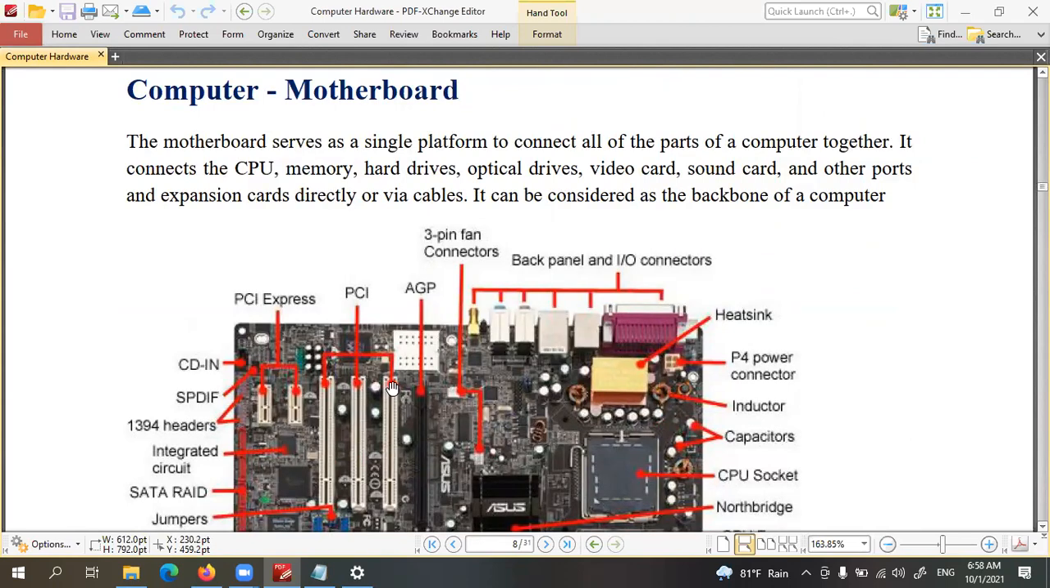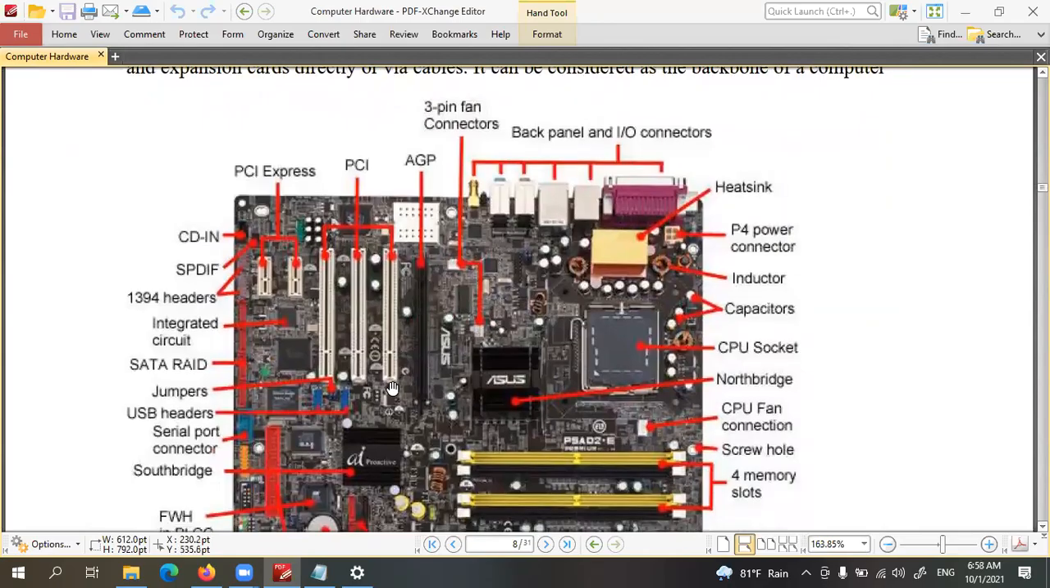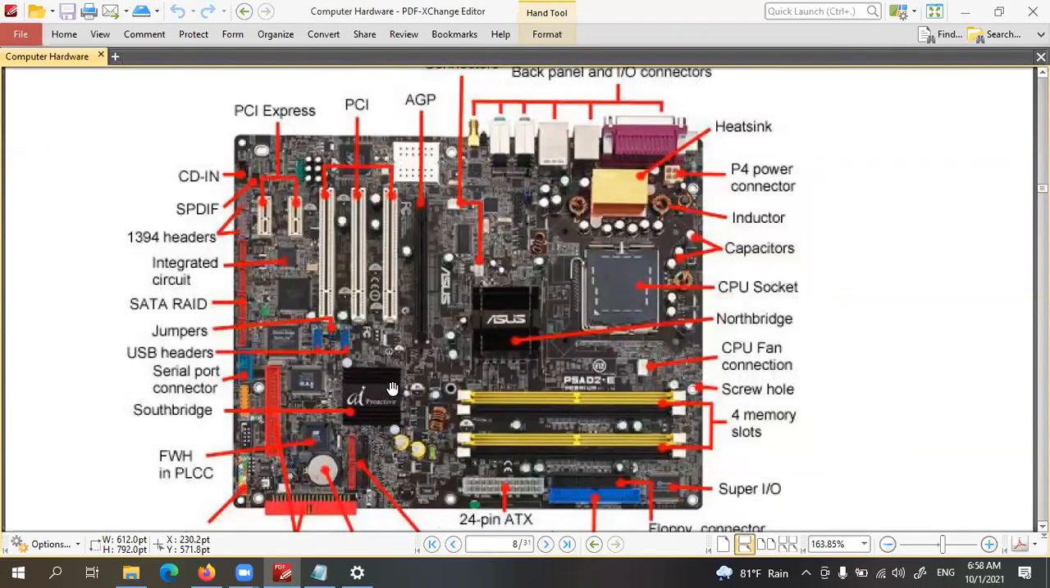Right, children. So this is the computer motherboard. Actually, this is the main hardware circuit board in the computer. All the other hardware components will be connected to this one, and data will be communicated between devices using this motherboard. Here there are a few things that you must understand, or you should be able to identify. So those are